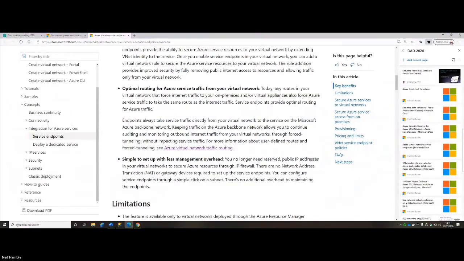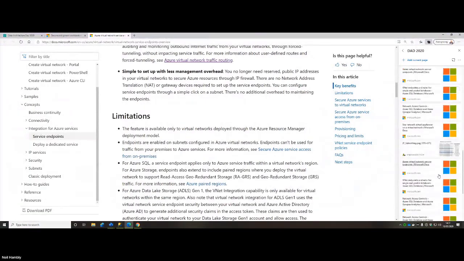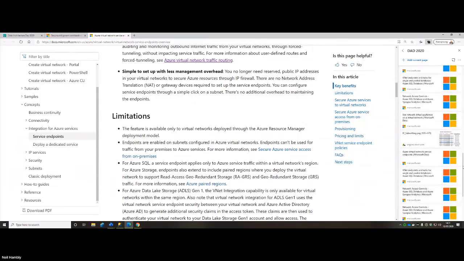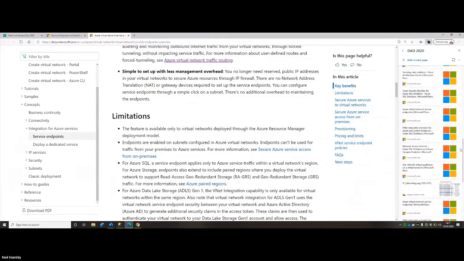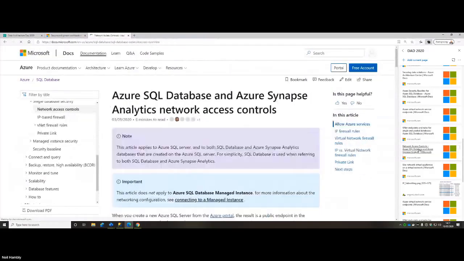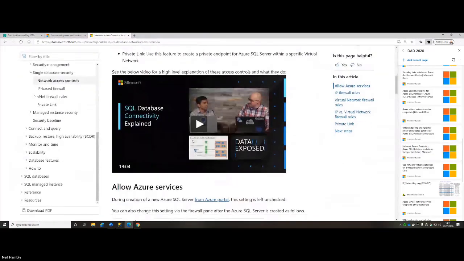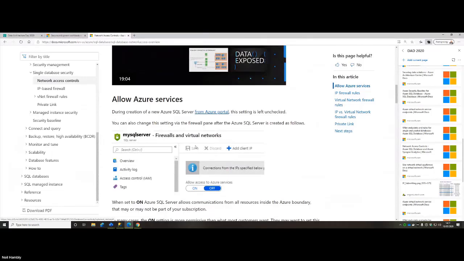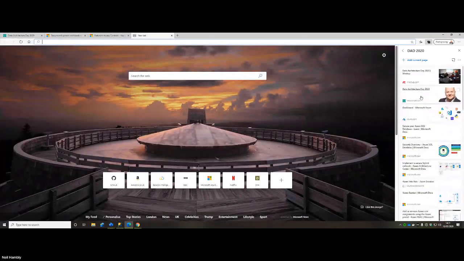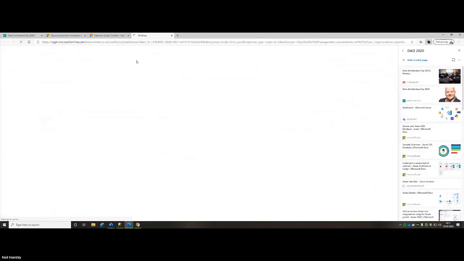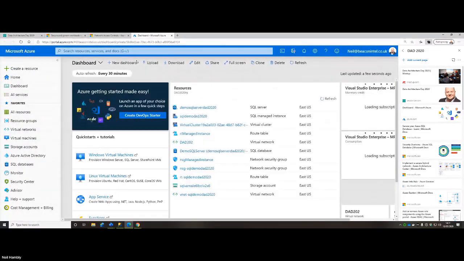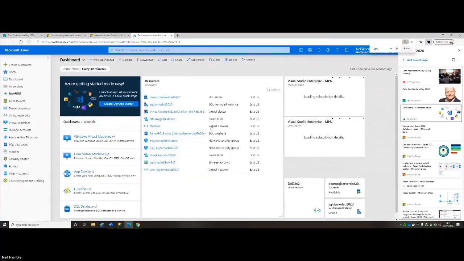Okay, let's have a quick look at where we were. By the way, you see that I have a large volume of links. I'm not going to get through everyone, but essentially what we want to do now is look at the firewalls and firewall networks. So we looked at a few screens here. Let me show you what my Azure environment looks like and how we spin these up. So I'm going to go to my dashboard. My dashboard is a good way for me to have quick access to the resources.